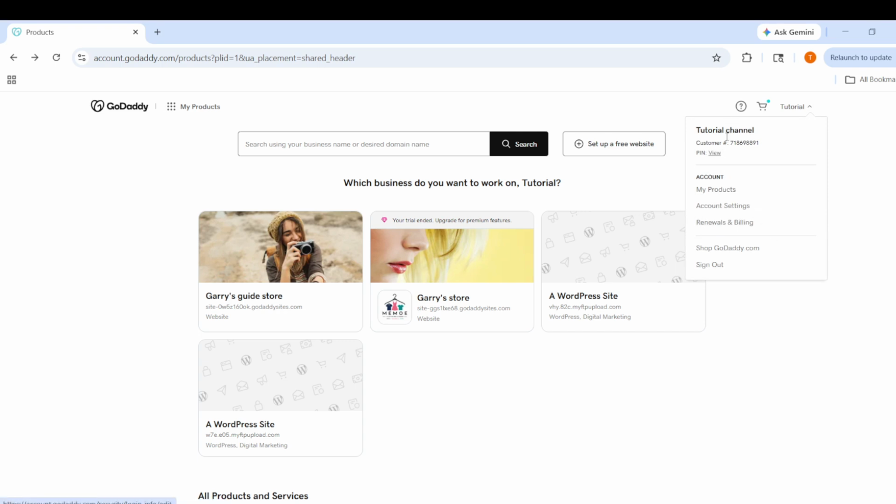First, go to the Godaddy Renewals and Billing page. This is the section of your account where you can manage active products, services, and subscription renewals. If you are not already signed in, log into your Godaddy account so you can access your billing settings and